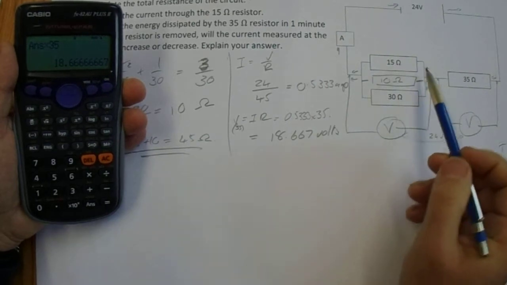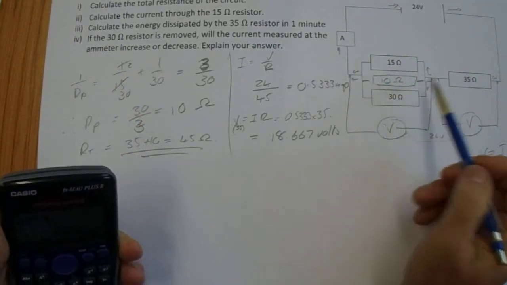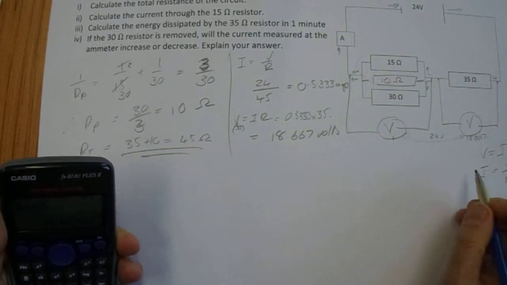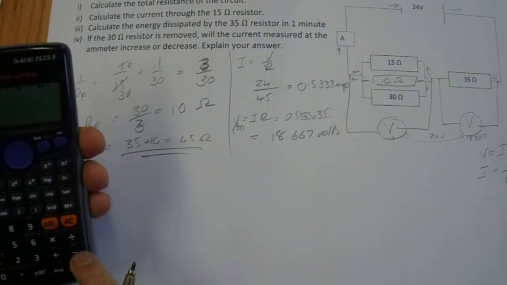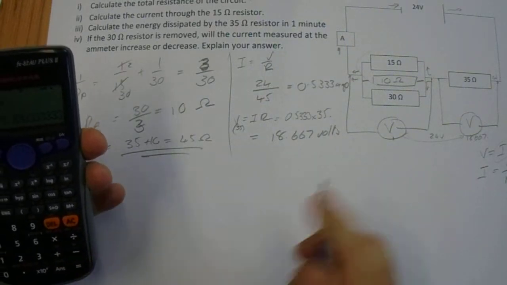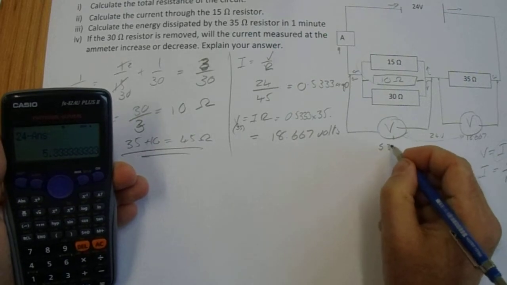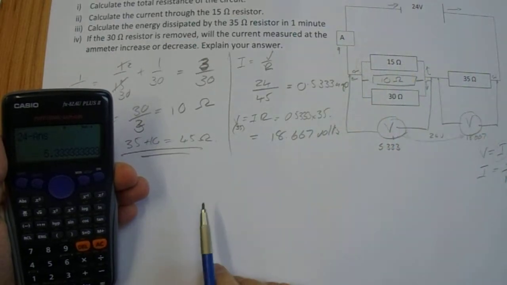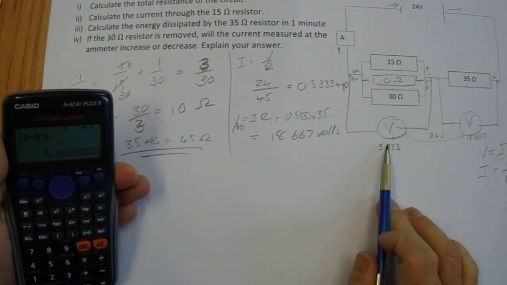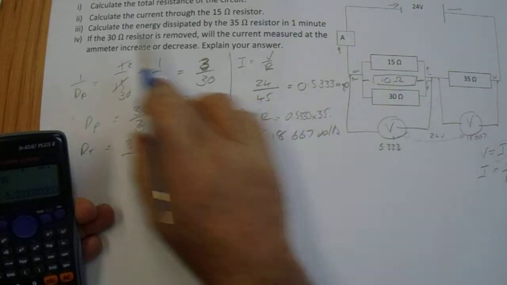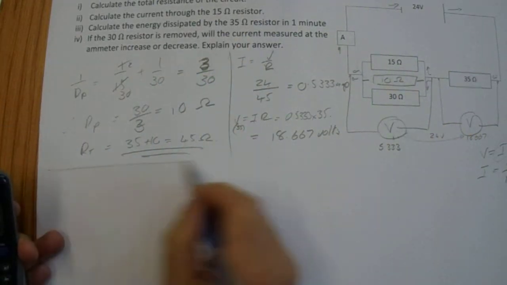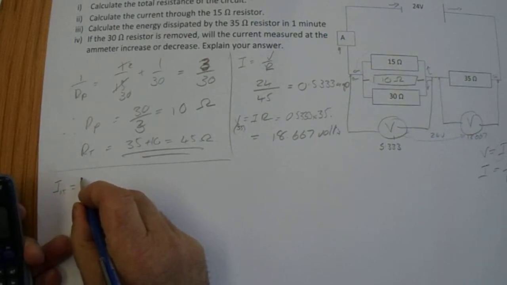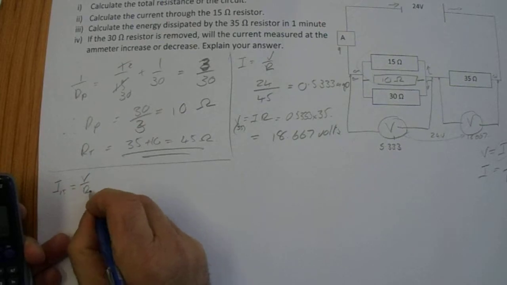So now we want to find the current that's running through, the voltage here. So we've got 18.667 there, 24 minus 18.667 leaves us 5.333 here, and that gives us the voltage across the parallel resistors. So now we have the voltage, we have the resistance, we can calculate the current running through that. So I on the 15 ohm resistor will equal V over R, which equals